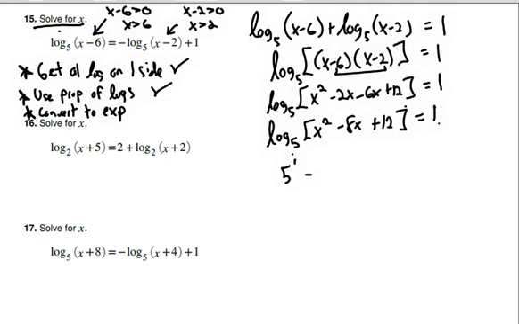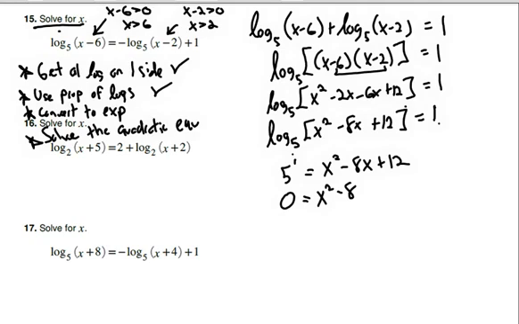Convert this to exponential. So we have 5 to the 1 equals x squared minus 8x plus 12. Ooh, new step. Solve the quadratic. Sometimes we're going to get a quadratic here. There are, I guess, 3 different ways you can solve a quadratic equation. You can use the quadratic formula. You could graph it and find the roots. I think in a lot of these, they are set up so you can actually do factoring, which is great